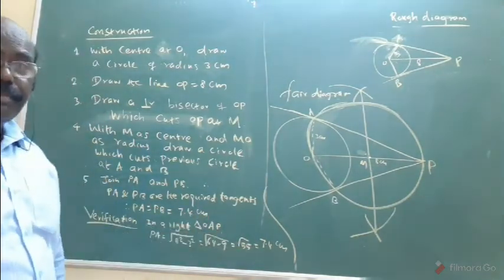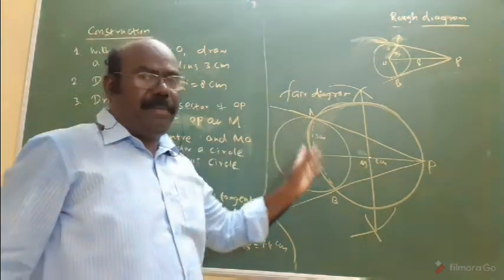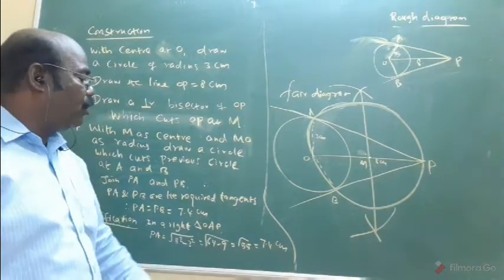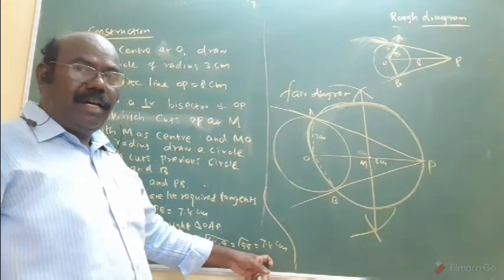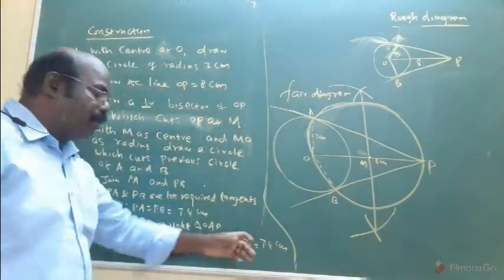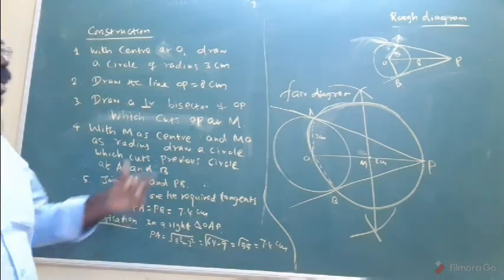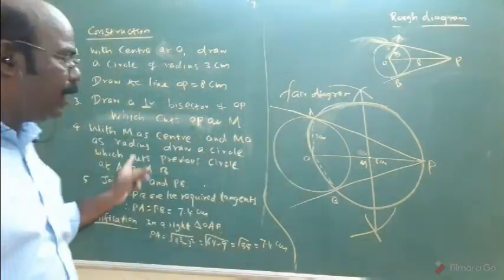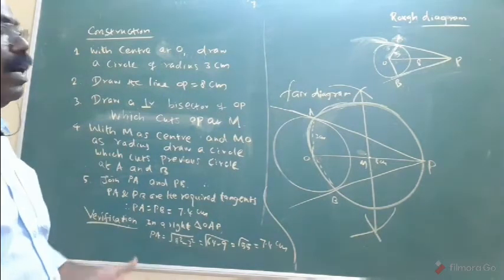That's very important. By measuring the lengths PA and PB with the help of a scale, and then by the calculation using the square root idea also, the same answer will come. Am I right? Definitely an equal answer will come. That's all. This is the important construction. In this part, I am giving rough diagram, fair diagram, construction. These three are a must, very, very important. Okay, now another question.